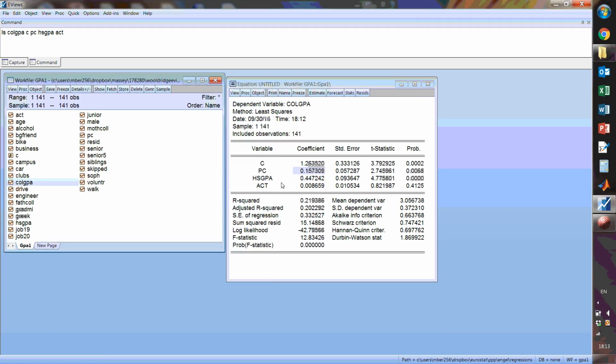So holding everything else constant, or ceteris paribus, holding high school GPA and ACT scores, or achievement test score, constant, the fact that you own a PC is going to significantly increase your